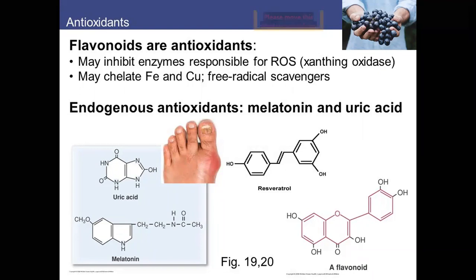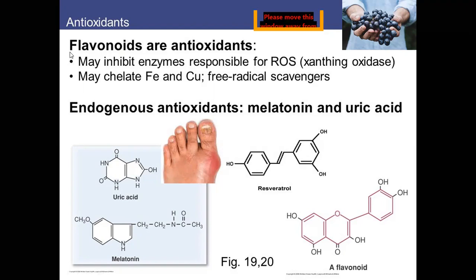Here I mentioned the term exogenous because the antioxidants we talked about, like vitamin C, vitamin E, the carotenoids, and the flavonoids, are exogenous because we can obtain them from the diet or as a supplement. And I need to use this term exogenous because we also have endogenous antioxidants. So let's focus now on the flavonoids, which are exogenous antioxidants, like for example resveratrol that exists in the grapes. They may inhibit enzymes responsible for the reactive oxidant species, like xanthine oxidase, and they may chelate the iron and copper metals used for the Fenton reaction, and in this way they act as free radical